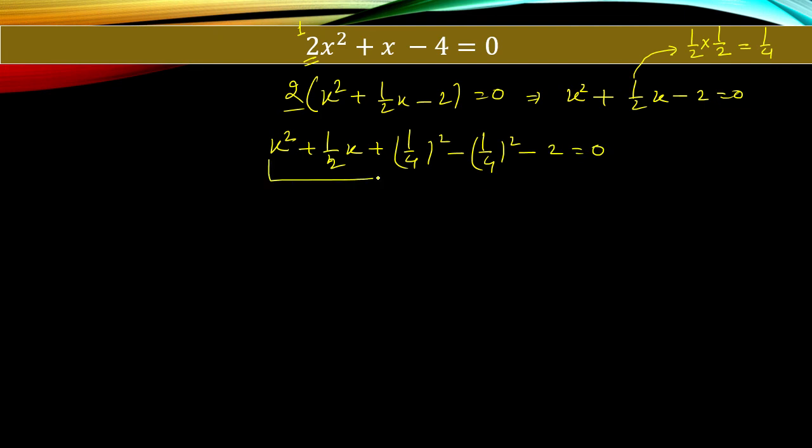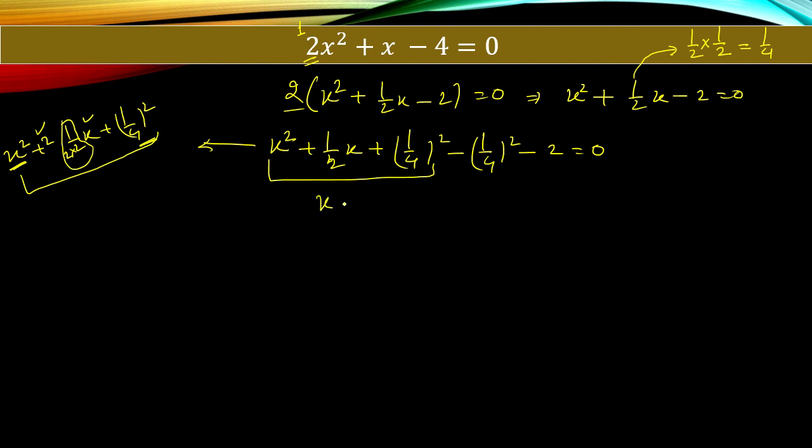So here we are finding this is a complete square. We can see here x square as it is plus 1 by 2 as it is, x as it is, and also 1 by 4 whole square as it is. If we are going to multiply and divide by 2, so we can see here this is like a square, this is like b square, this is 2a, and this is b. So we can say this is like a plus b whole square, and here a is x and b is 1 by 4. So we can say this one is x plus 1 by 4 the whole square.